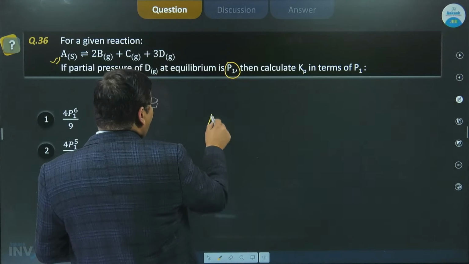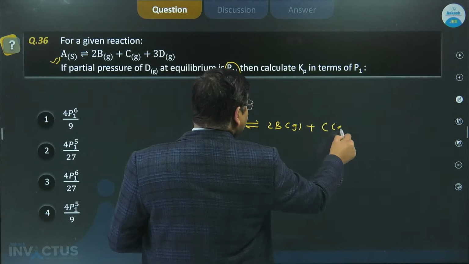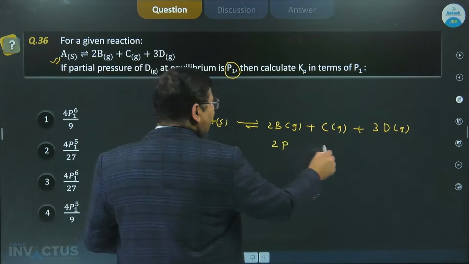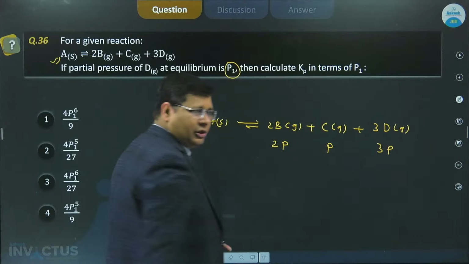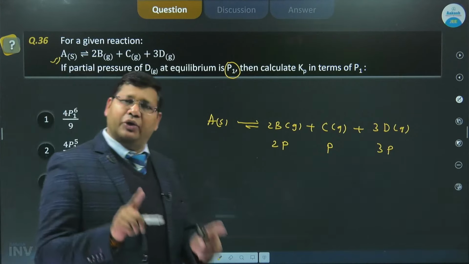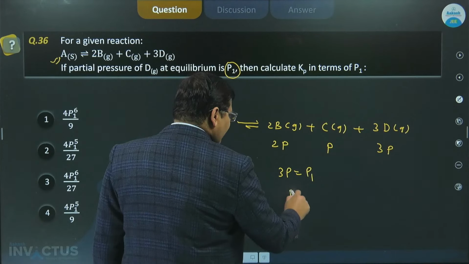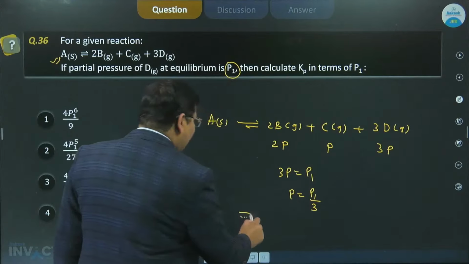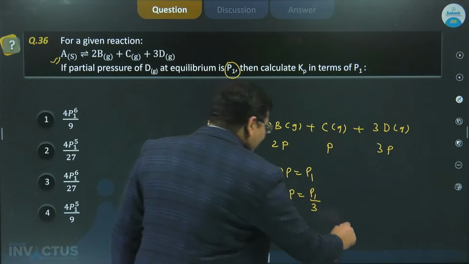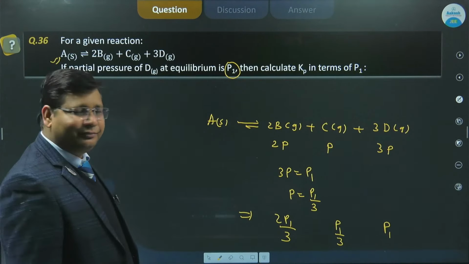तो अब हमने क्या कर लिया, इस ए सॉलिड वाले इक्विलिब्रियम को मैंने यहाँ पे प्रेशर के टर्म्स में लिख दिया, 2B गैस प्लस C गैस एंड प्लस 3D गैस। ठीक है बच्चों, तो अगर यहाँ से इसका प्रेशर 2p इसमें गया होगा तो इसके करस्पॉन्ड प्रेशर p, तो ये 3p हुआ होगा प्रेशर, ऑब्वियस सी बात है, प्रॉपर्टी ऑफ इक्विलिब्रियम। तो मोल रेशियो प्रेशर रेशियो सेम होगा, कंटेनर क्योंकि क्लोज होगा और टेम्परेचर कांस्टेंट होगा। ठीक है बच्चों, अब यहाँ पर गिवन है 3p इक्वल टू P1 बच्चों आपको गिवन है, तो इट मीन्स p इक्वल टू P1/3। तो इट मीन्स मैं सबका पार्शियल प्रेशर मेंशन कर सकता हूँ यहाँ पे, तो ये आपका 2P1/3 के टर्म्स में लिख लिया मैंने, इसको मैंने लिख दिया P इक्वल टू P1/3 के टर्म्स में, और इसको मैंने लिख दिया P1 के टर्म्स में। वेरी सिंपल।